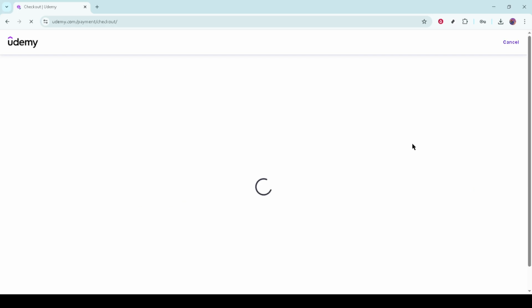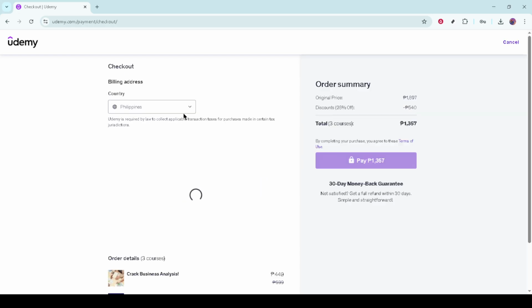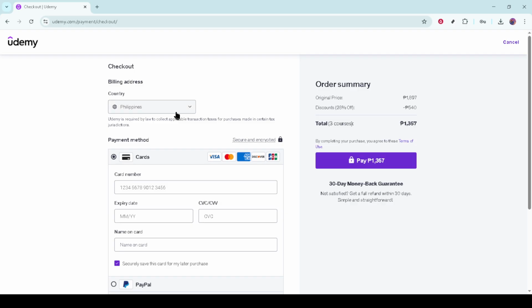As you reach the checkout page, locate the section that refers to your billing address. It should be quite visible and usually includes fields for your name, address, and country. This is where you will make the necessary changes to reflect your current geographic location. Click on the drop-down menu found within the billing address section, specifically next to the country option. From here, select the country that corresponds to the currency you wish to use for your transactions. This action updates the billing settings, thereby affecting the currency that is displayed during checkout and resulting billing.